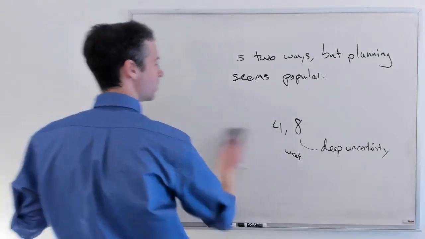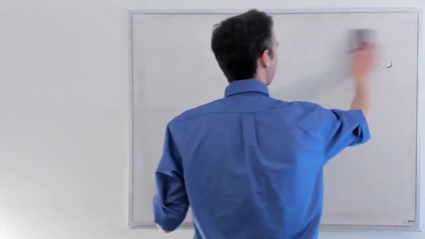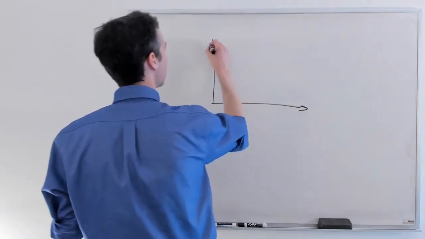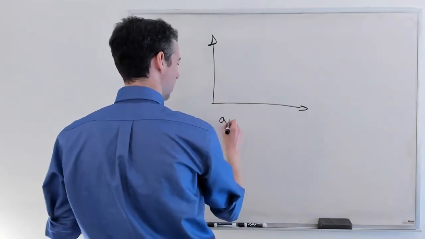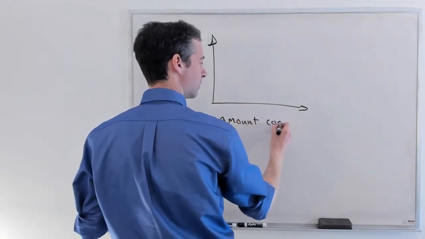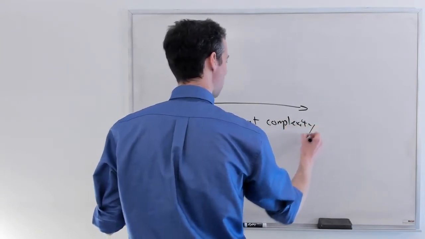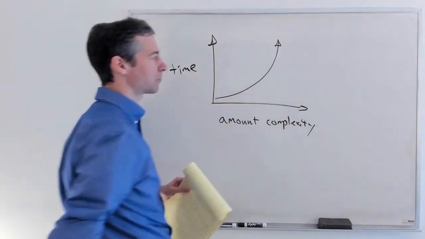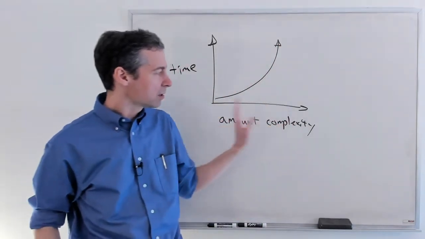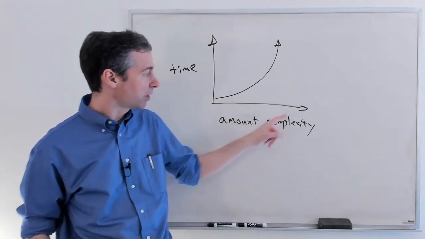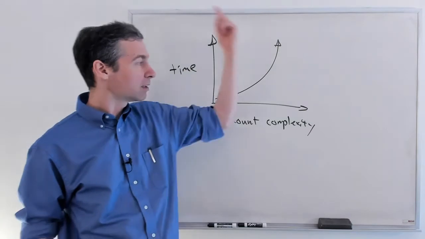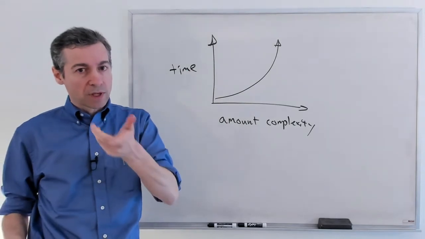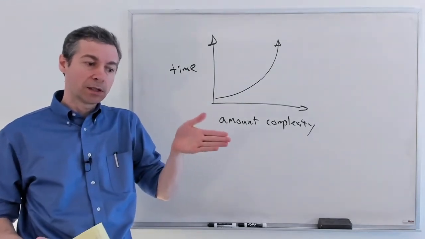And why do we do this? The real big thing is to understand what's happening to us in estimating: as we have this amount of complexity in the thing that we're going to build, what happens in the real world for time is a very nonlinear thing. As you get a linear increase in complexity, you get a nonlinear increase in the amount of time it takes the team to get it done. So that's why we scale our story sizes.